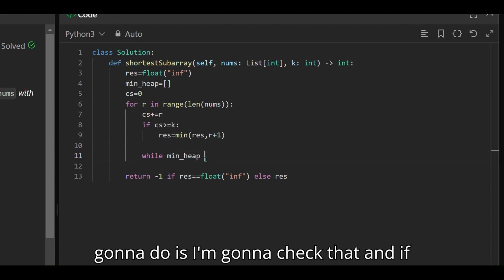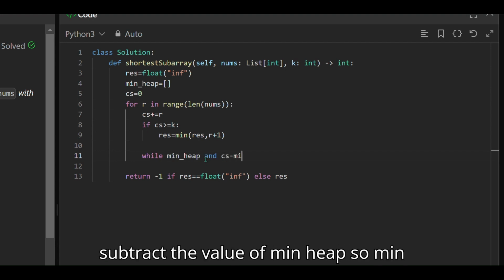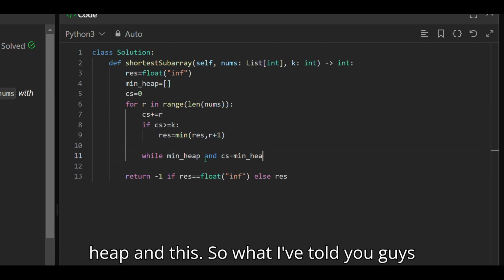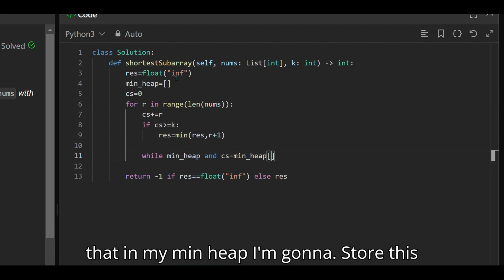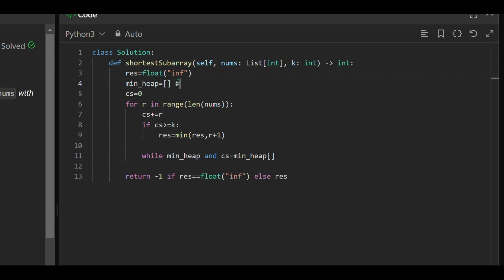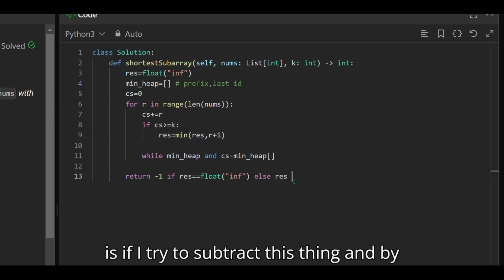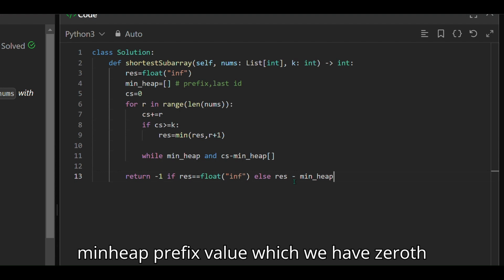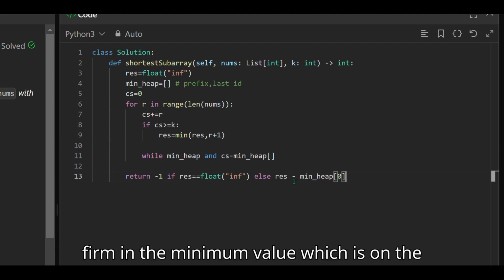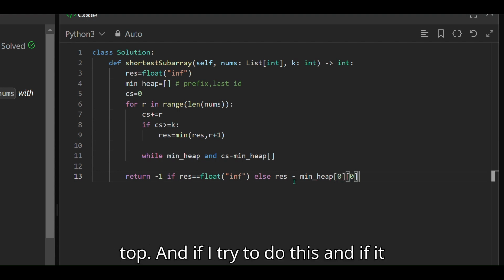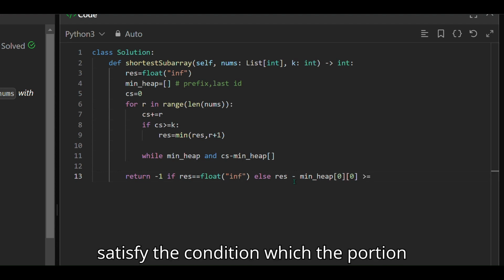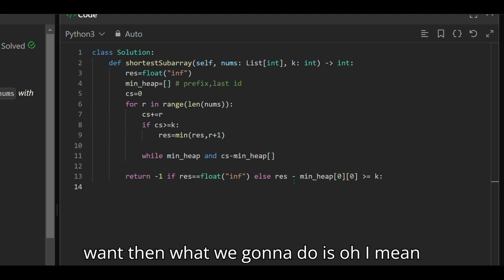And also, I'm gonna check my current sum: if I subtract the value from the min heap, so min heap and this. What I've told you guys is that in my min heap I'm gonna store the prefix value and the last index. So right over here, if I subtract the min heap's prefix value, the 0th element which is the minimum value on top, and it satisfies the condition which the question wants, then what we're gonna do is